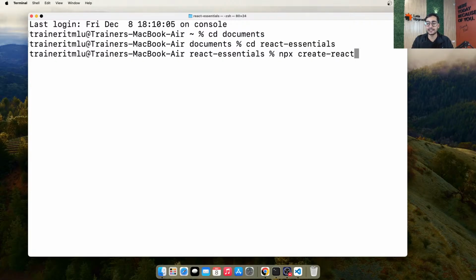I'm just using create React app for the basic purposes, but you can also use Vite and install a project for React template and then you can build on it. I showed you yesterday how to install projects from Vite or by using Vite. So you can also use that logic. So create React app and then I'm going to name it as news app. Okay, simple idea. News app.